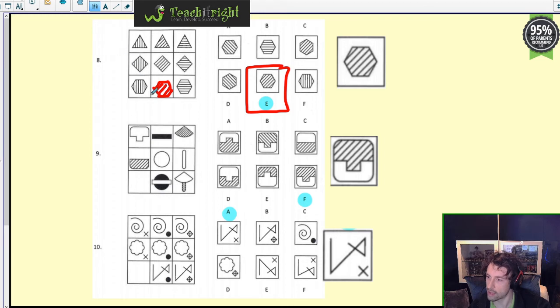I think if you look, this is another type of composite shape, but this time row 1 and row 2 are adding together to make row 3, but the shading is swapping. So you can see the circle and the rectangle combine, but the circle goes from white to black and the rectangle goes from black to white. So if we combine these two together, it would look